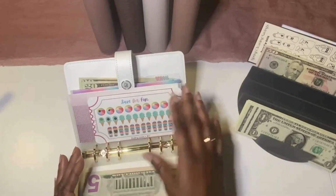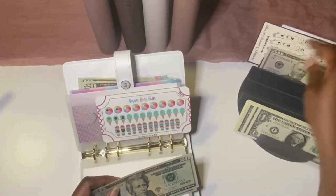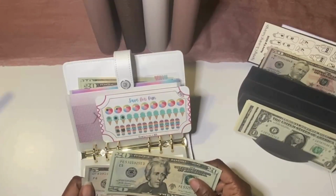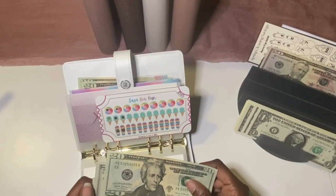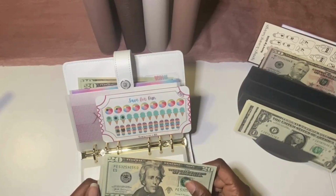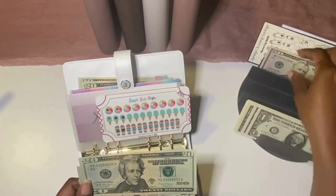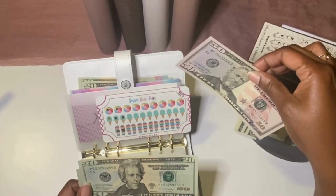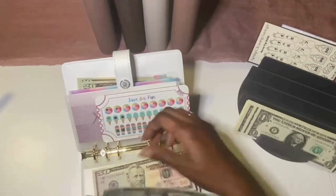So we won't mark it, but I'm going to come back because I think I want to put like $20 extra in here. Ooh. Okay. I can do that. I can just give it this 50. So this is 30. I want to add 20. So,